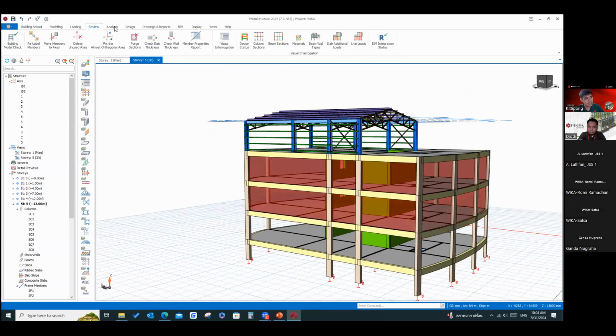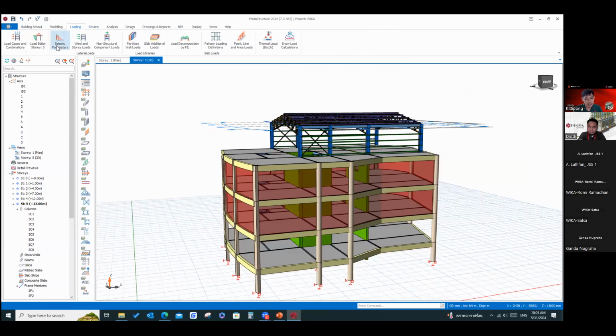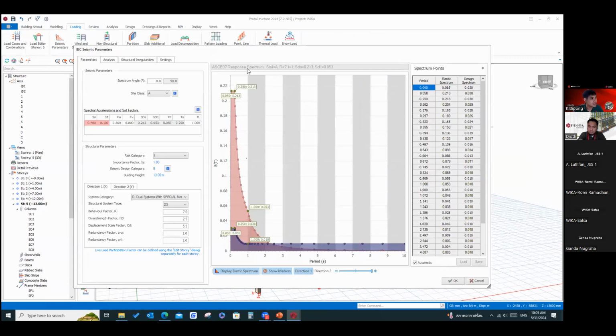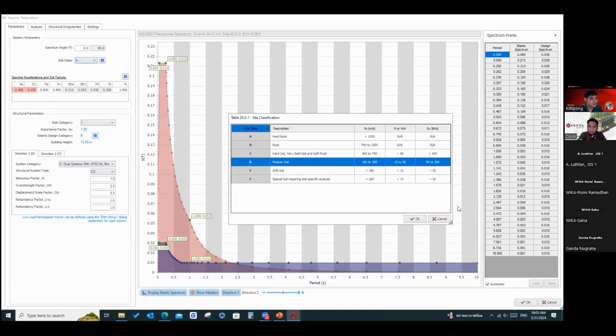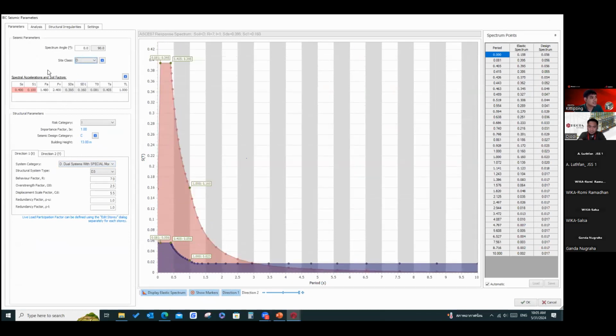And another one is for the horizontal load, like the seismic or the wind load. This is based on the ASCE, the American code, right? I'm not sure what code Indonesia uses. So like this, we just change the parameters SS, S1, FA, FV.